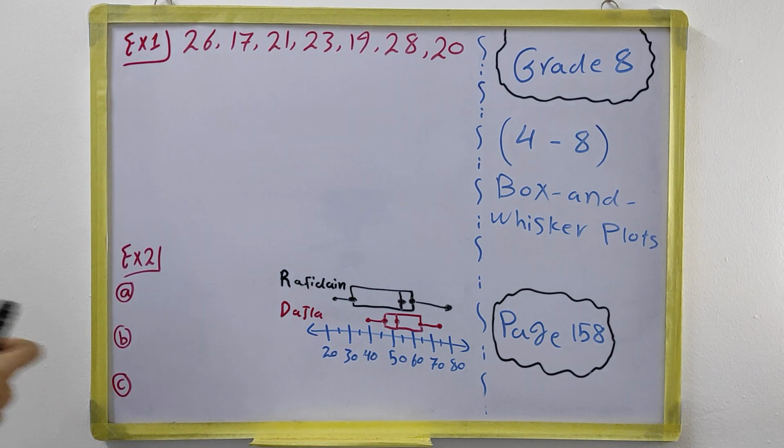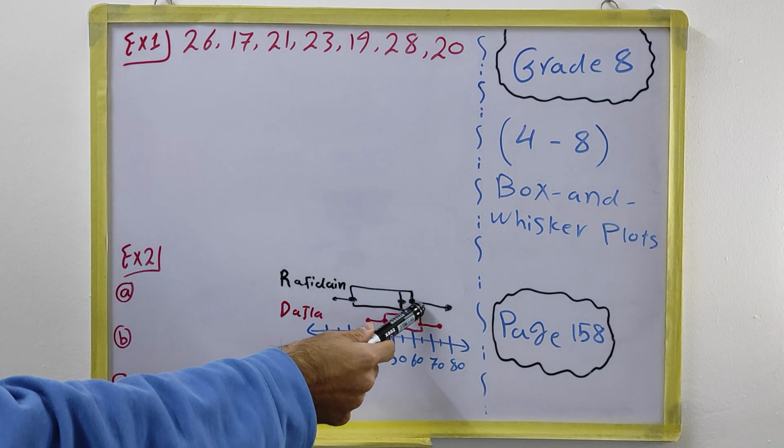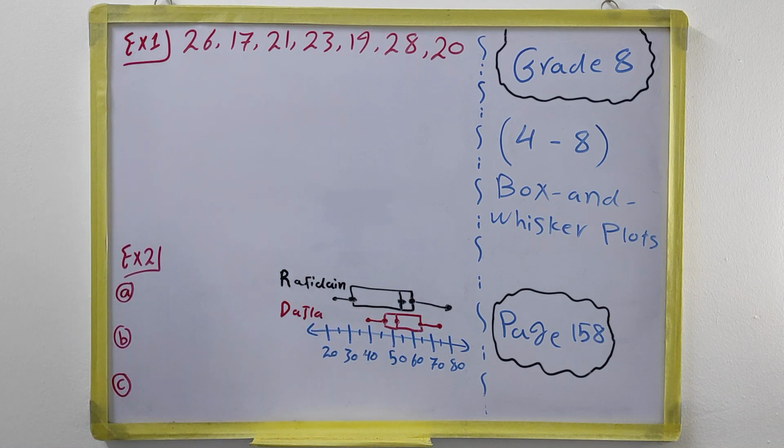we can see the number line and the box and whisker plot: the greatest value, third quartile, median, first quartile, and the smallest value. It asks you some questions which we can read from the book on page 159. You can answer the questions about the box and whisker plots. For the first one,